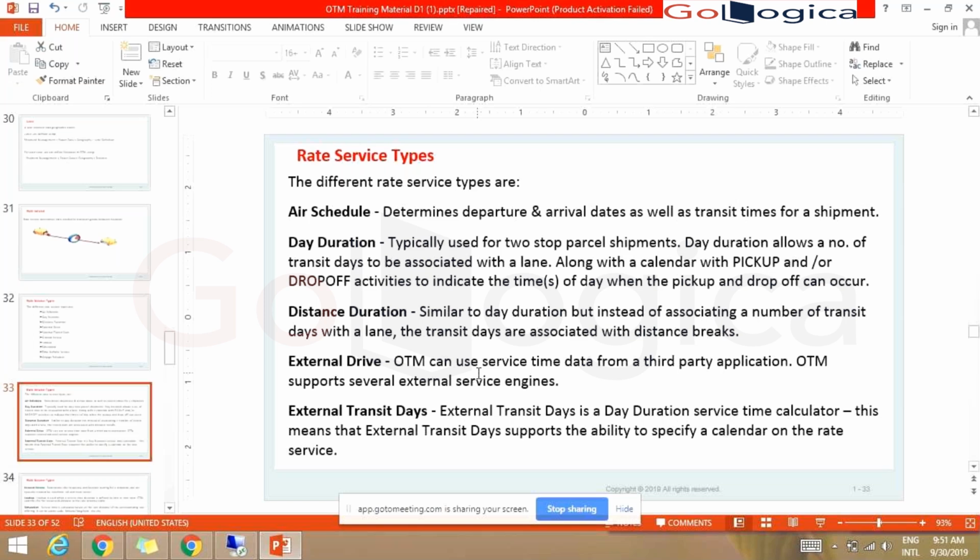Okay. So PC Mailer, Kevil, SMC. SMC is for LTL rates. Kevil is to pull the TL rates and all those parcel rates. So these are all the best systems which are in the market, so most of them will use them. They are all just a plugin in OTM. It doesn't mean they are part of the Oracle or OTM services. It's all entirely a different application which you have to take the license for. Okay.